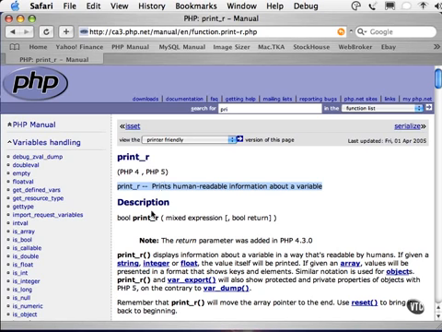The listing directly below the description is what we want to cover in a bit more detail, and this is the actual description of the function. The first bit here, bool, is the type of variable that is returned from this function. In this case, bool is short for boolean, which either returns true or false. A function will typically return either boolean, int, or integer, which is a number, string, which is a bunch of text, array, a list of information, or resource, which is a reference to information. It can also return some other types, such as objects, but boolean, string, integer, array, and resource are the most